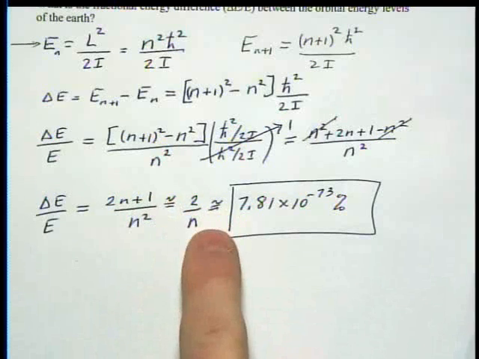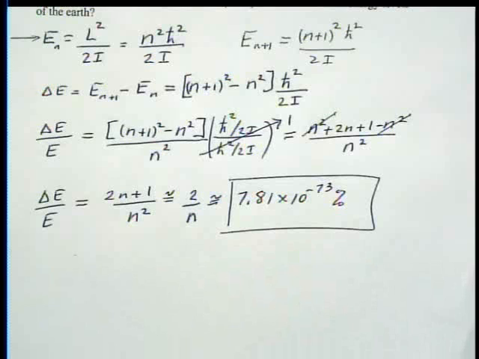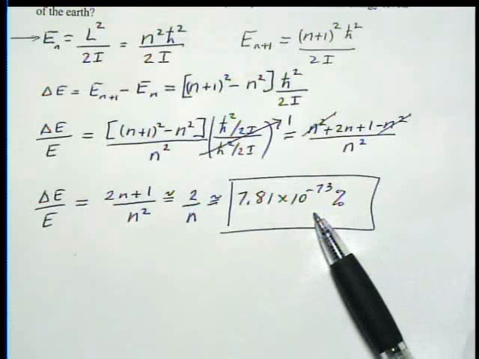So it's basically about 2 over n. If you multiply by 100%, that's what the number is. You need to measure to 7.8 times 10 to the minus 73%. I want to see that detector. That's got to be one hell of a good one. Like a few other problems, like the uncertainty principle. All right, so you can't see it